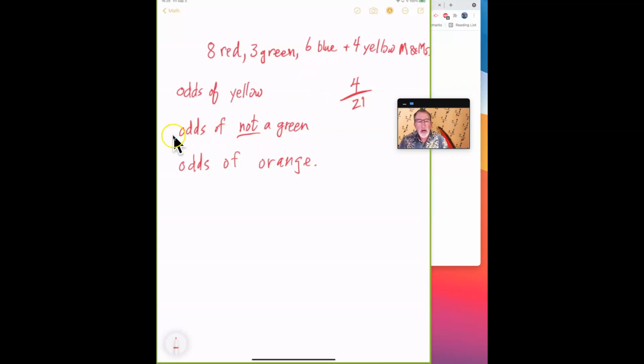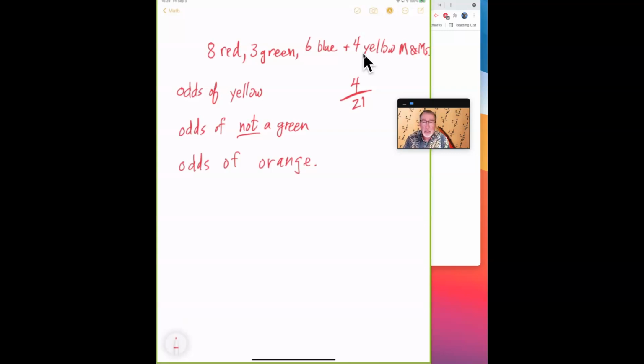All right, let's see the odds of it not being a green one. So non-green ones, let's count the non-green ones. We have 8 plus 6, that's 14, plus 4 more, that's 18. So we're choosing out of 18 possibilities that are not green, and we've got 21 total. And I can see my